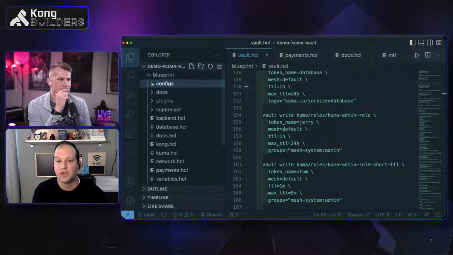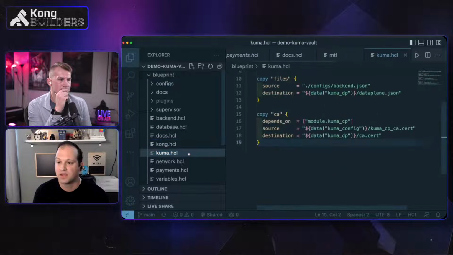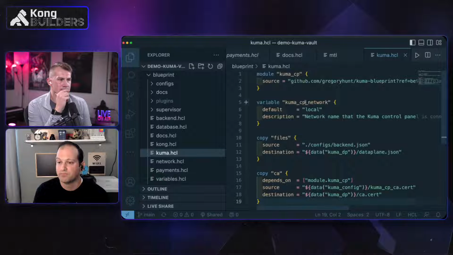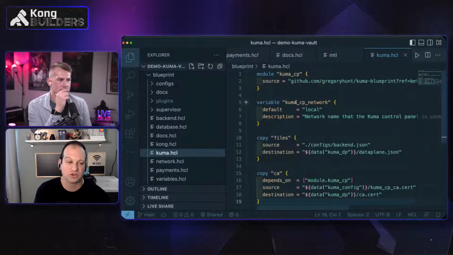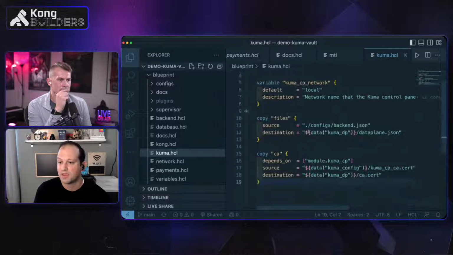All right. So here is my Shipyard blueprint. In here I have my Kuma control plane, which I actually created as another blueprint so it could be reused. It's like a module inside of it, and this is just the basic control plane. Inside of it, you build a network for Kuma, which is just a Docker network. In here, you can copy files.